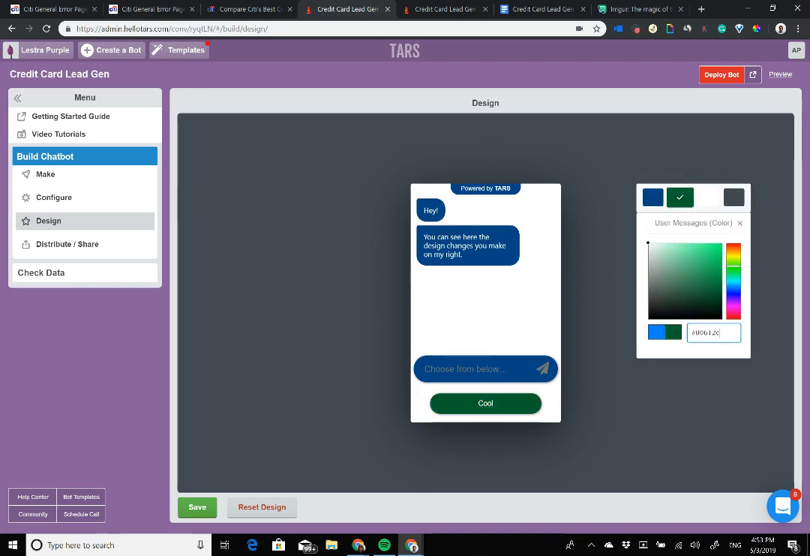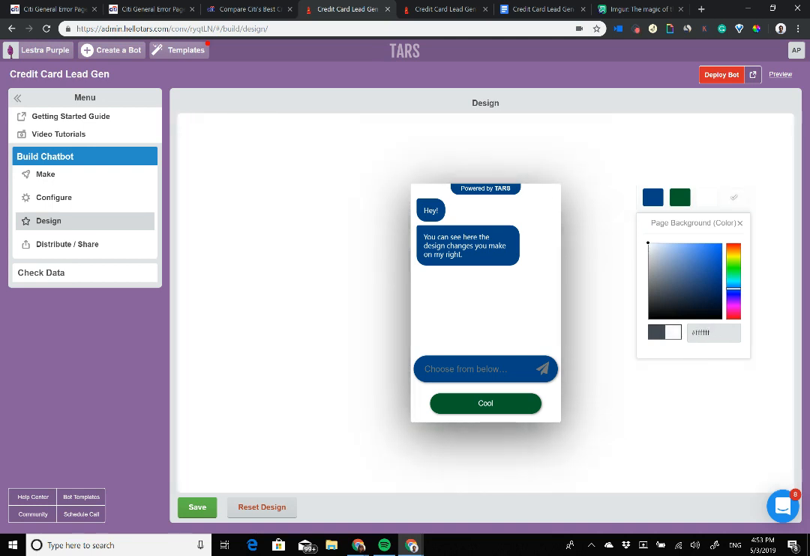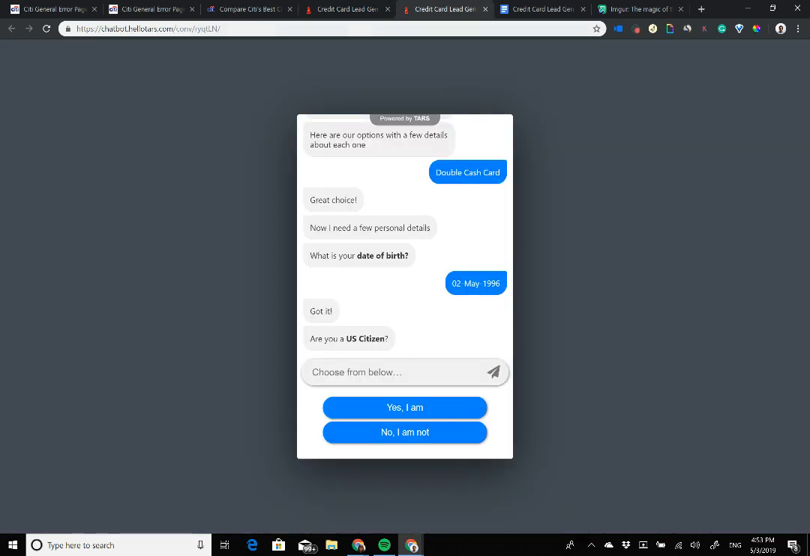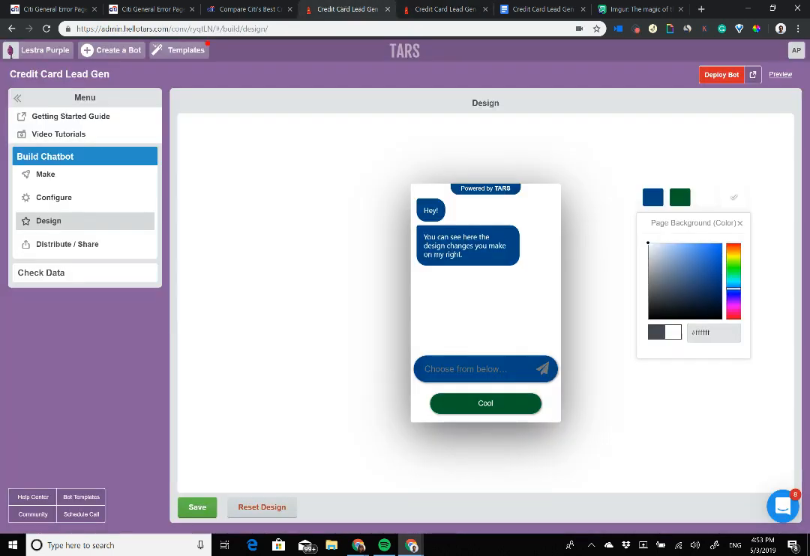I'm also one of those people who likes to make the background around the chat area white as well, because it just makes it feel like the chat area is an extension of the rest of the page when you're on desktop, as opposed to it being distinct from the rest of it when it's this dark gray over here. Once we hit save,